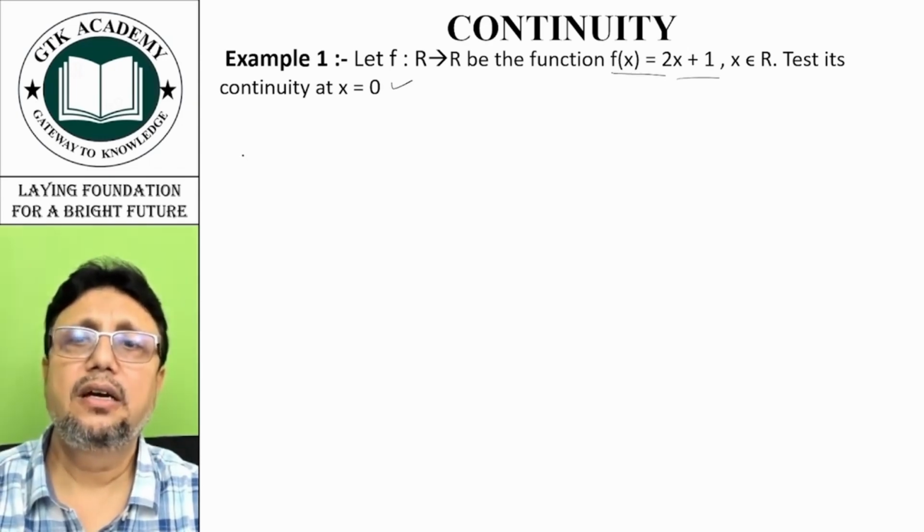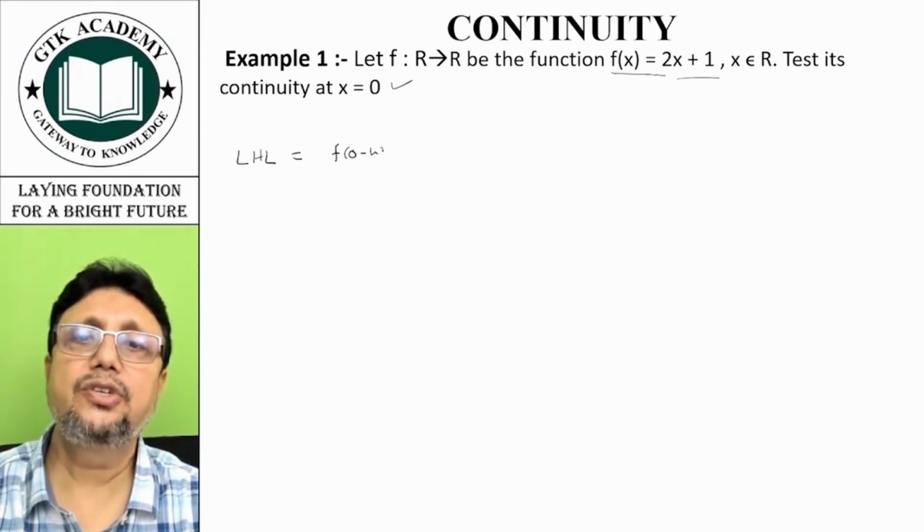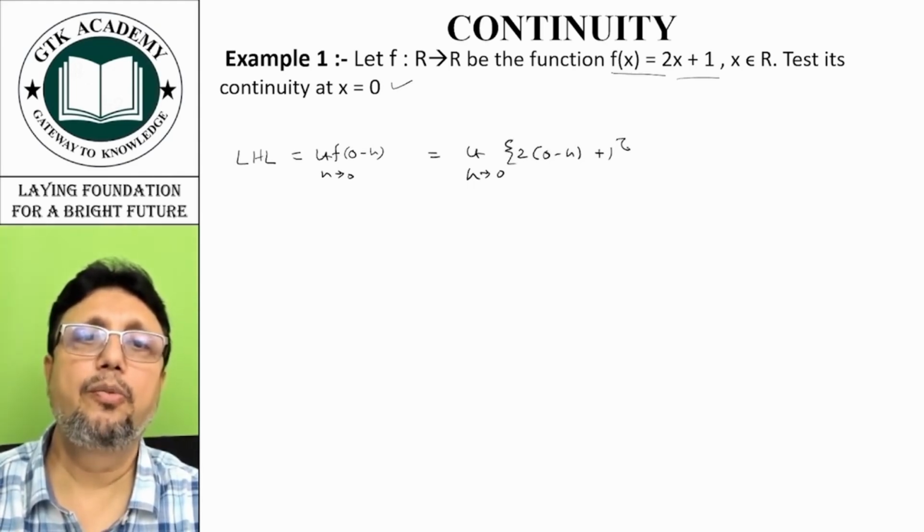We will see the left hand limit, which is equal to the limit as h tends to 0 of f(0 minus h), which is equal to the limit as h tends to 0 of 2(0 minus h) plus 1, putting 0 minus h in place of x. Now if you put the value of h as 0, it comes to